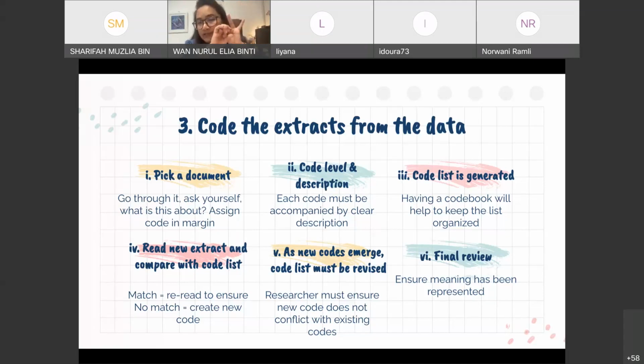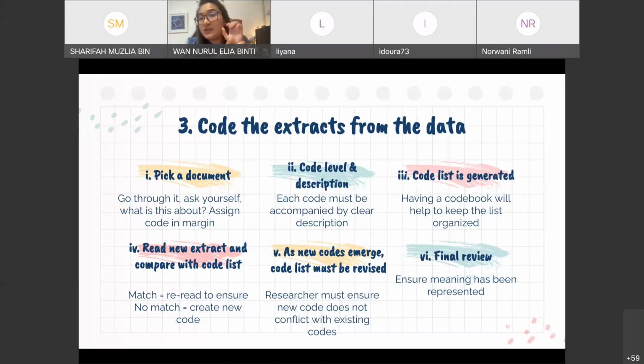Now you have 15 codes altogether. That step is repeated for participant number 4, and for participant number 5. So there is a possibility that after you have gone through all 5 interview transcripts, you might end up with maybe 20 codes or more, depending on how you do the matching and rematching.